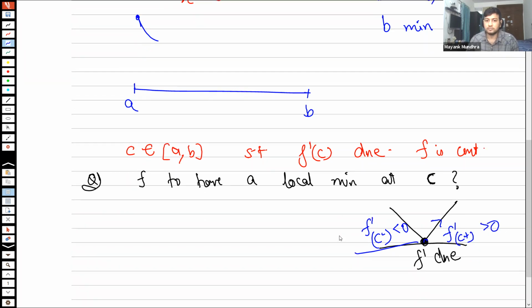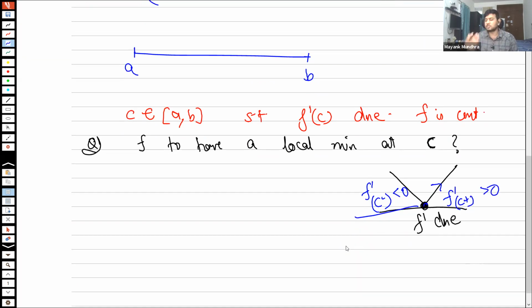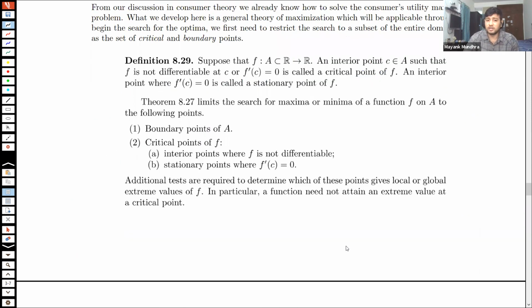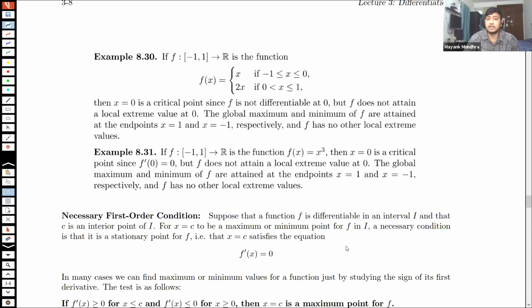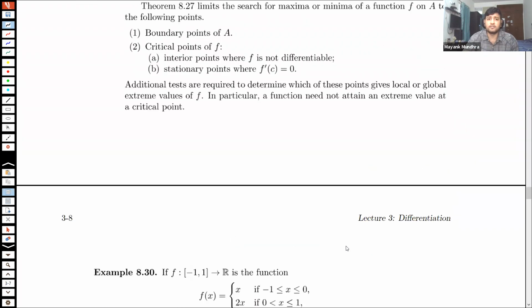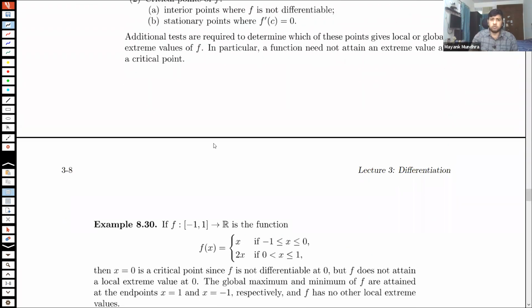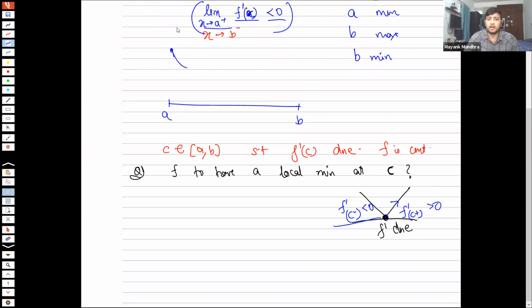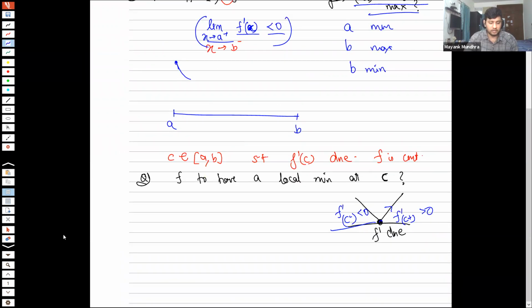So these are things which you can basically derive from graphs. You may not be able to remember each and every condition, but in an exam you can draw a graph which is representative of such a function which has the desired properties, and you can derive from there what you need. Now coming to stationary points, that is f prime equals 0. How do I check when it's going to be a maxima or a minima?